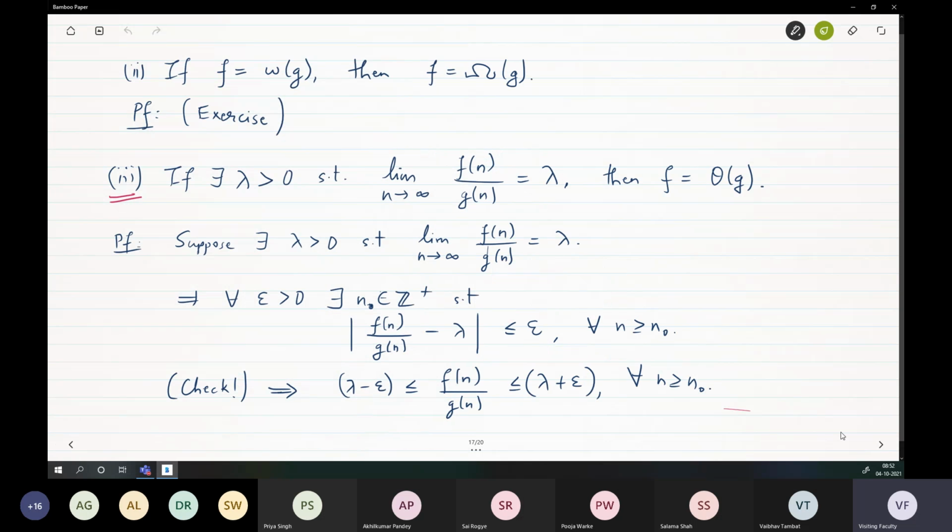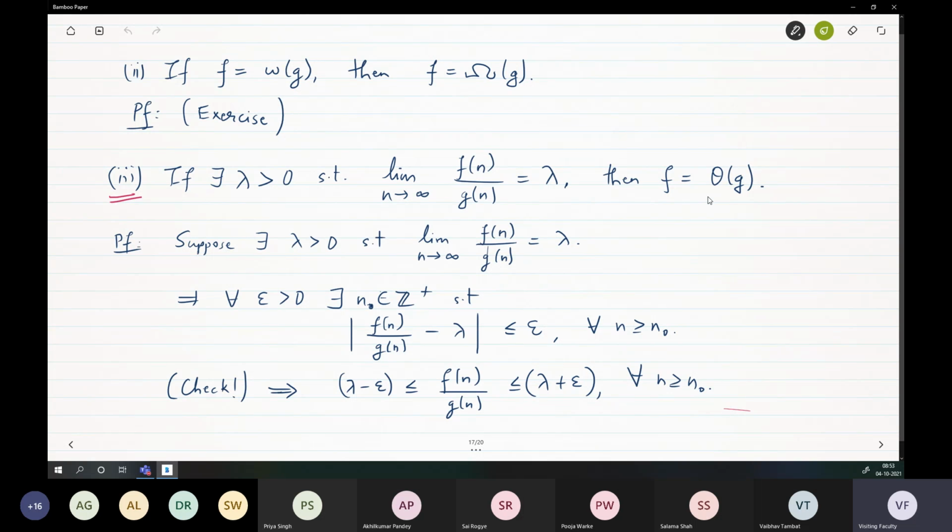Okay. Similarly, it's just the reverse of what we just saw. Okay. Little omega g, so f is growing strictly faster than g, which means f is growing faster than g, which means f is big omega of g. It's the same thing. So try writing this proof. Okay, that's the exercise.